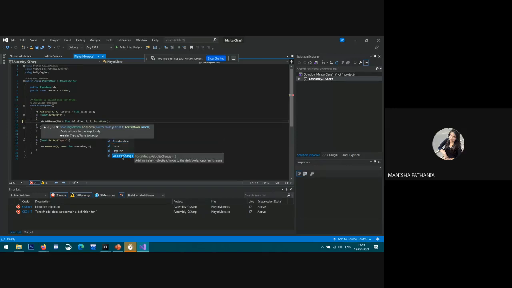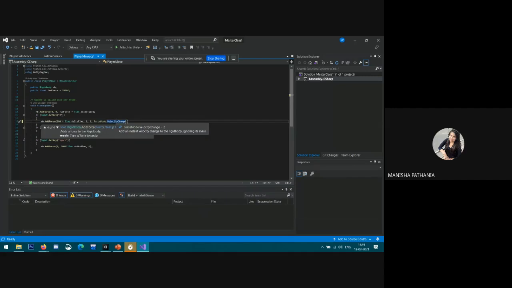Velocity change directly edits the velocity of the object and ignores its mass, so that's why I need to add velocity change in this case.